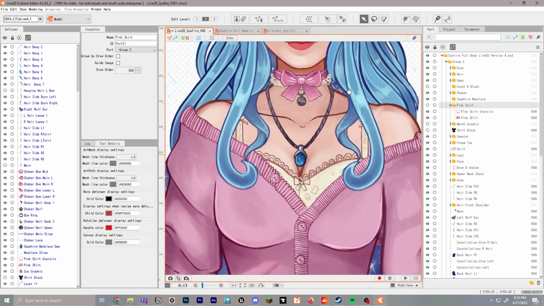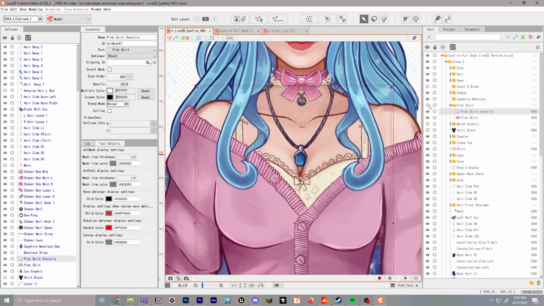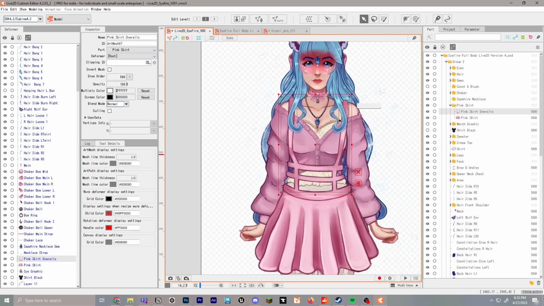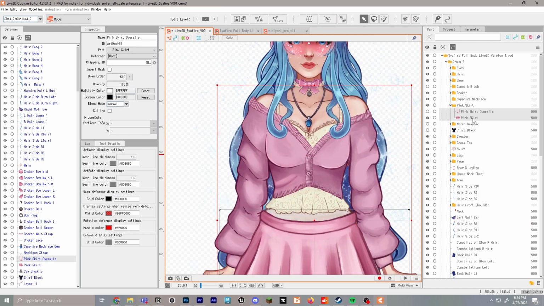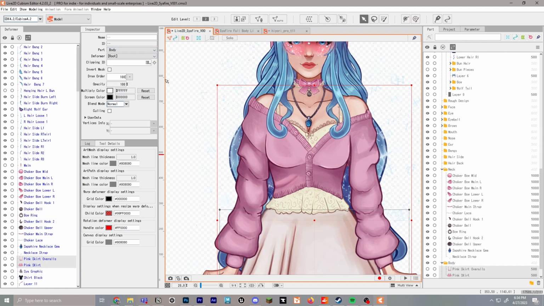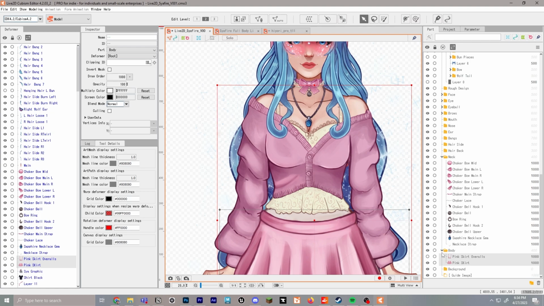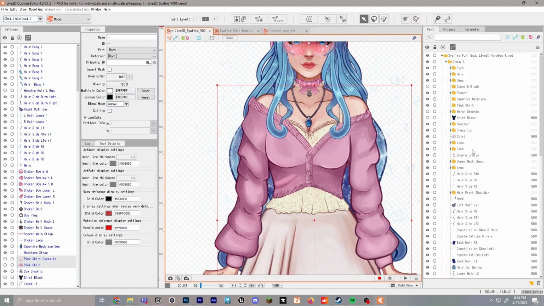Next we'll go to the pink shirt, the pink skirt. The pink skirt's actually turned off right now. This is for one of her other outfits. I will organize it for now. We'll just select those and move those to the body and put those on top as well with 1,000 for now. And we'll make sure they're turned off because we don't want to see that outfit at the moment. Same thing for the rest of her clothes. We're just going to move all those into the body part.